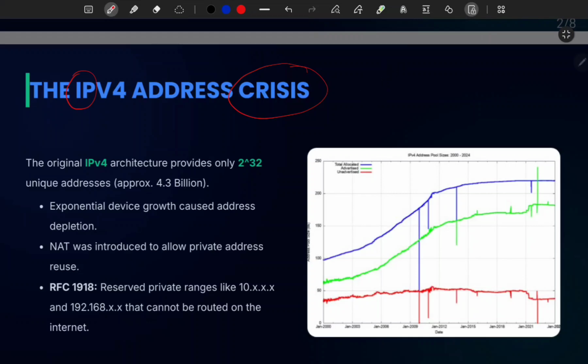IP means Internet Protocol. What is it? It is the rules and regulations which are followed on the internet. Without rules, there is no existence of any system.